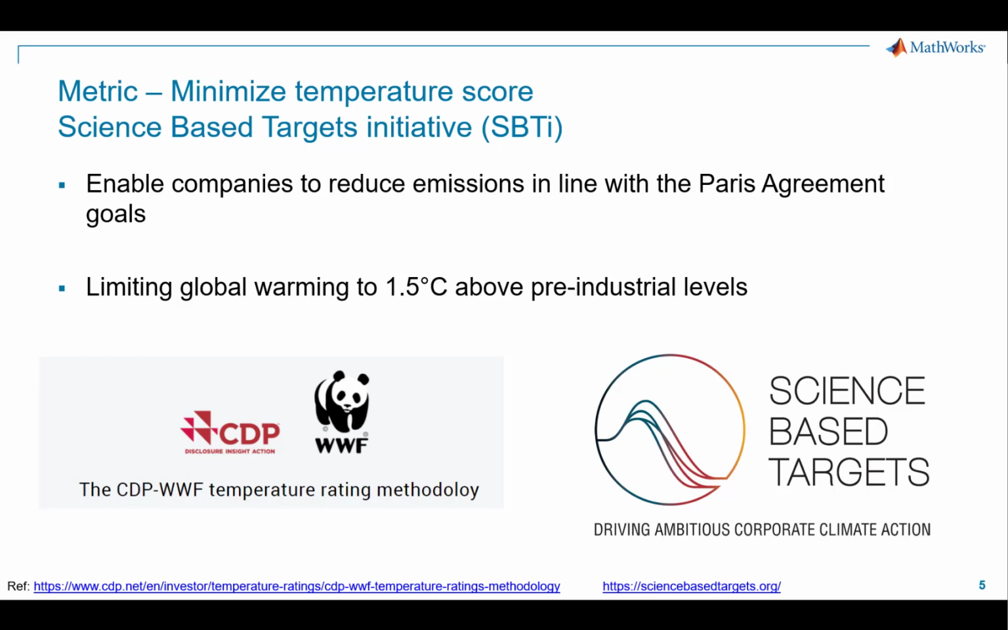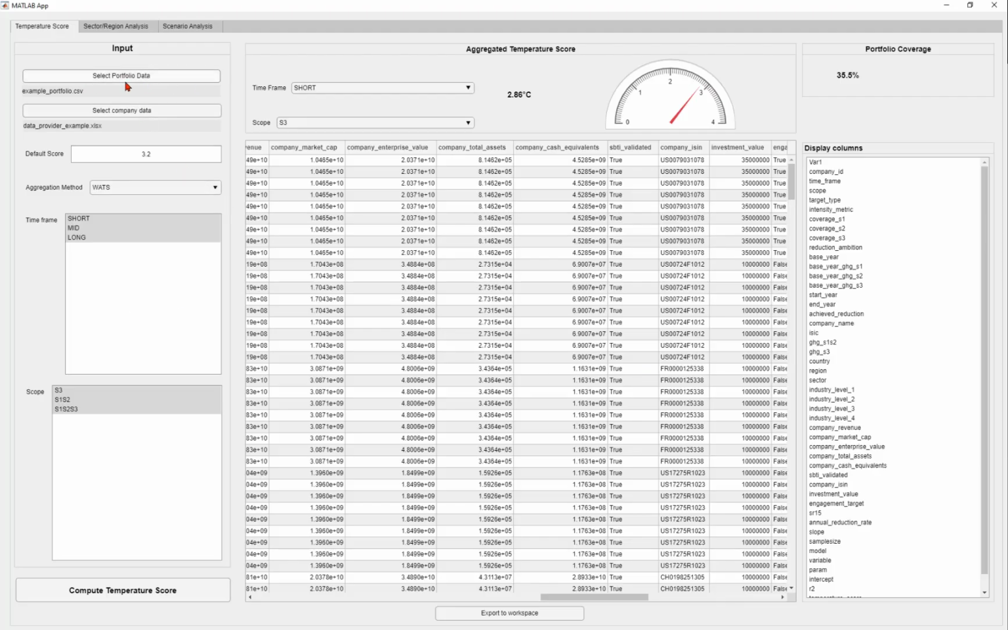So we saw one set of data that we could use to minimize temperature score, which is the data from SBTi that we could use to calculate the temperature score of the portfolio. So going back into the app, we saw how we could use the portfolio data and the company-level greenhouse gas emission data to calculate the temperature score of the portfolio. Now we could extend